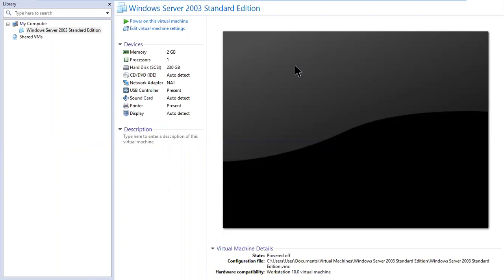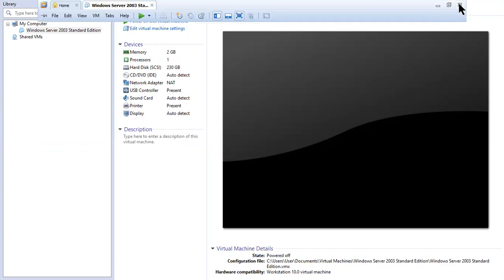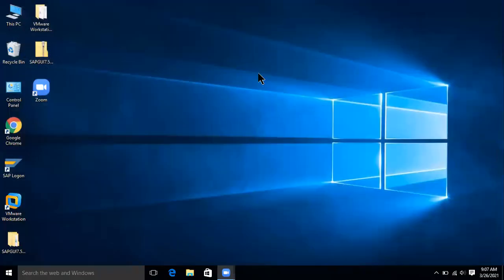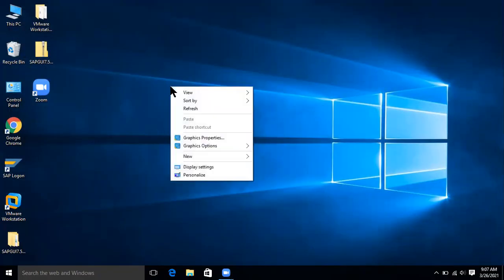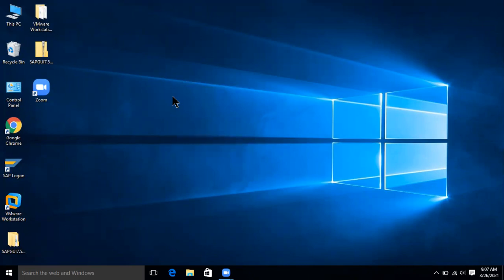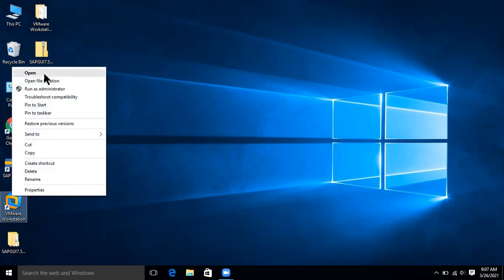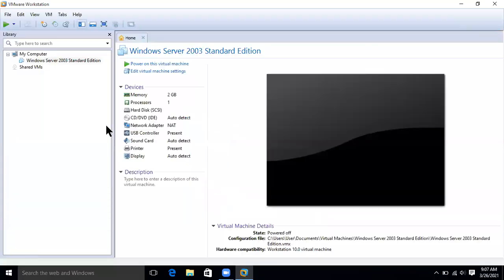After a while, you will see a window which you see at the time of your VMware application opening. So now you can close this like this. Just close it like this. Okay. Yes, there are other errors, issues with VMware. When you open the VMware application, VMware icon, sometimes you might not be seeing this pane.